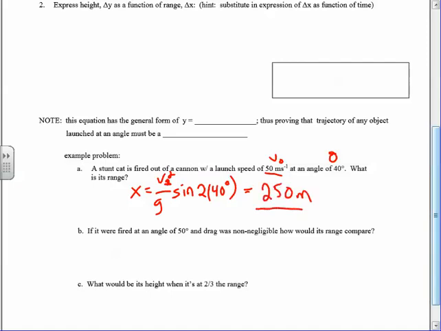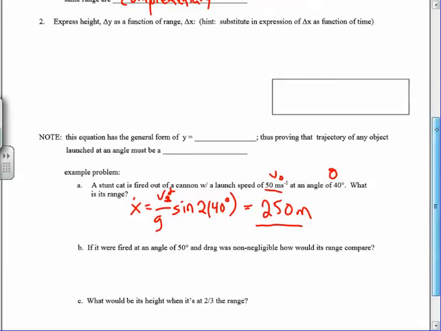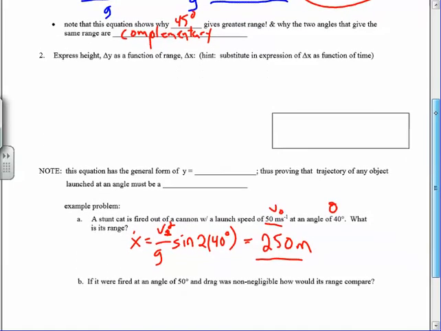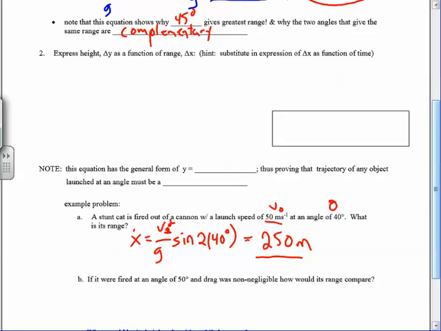What I'm not solving for here is, what if I told you the range, I gave you that, and I asked you to find the angle? You could do that as well. All right, we'll do B and C in class. So this leads us to the last derivation we'd like to do. It's useful in many applications, if we draw a parabolic arc, to know how high we are,